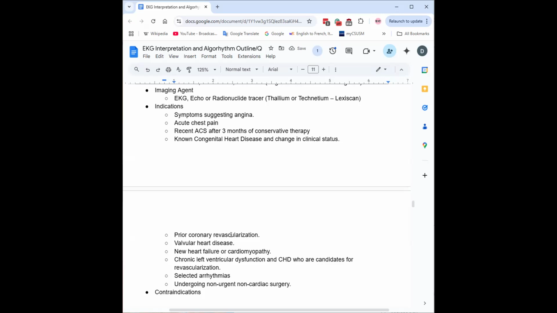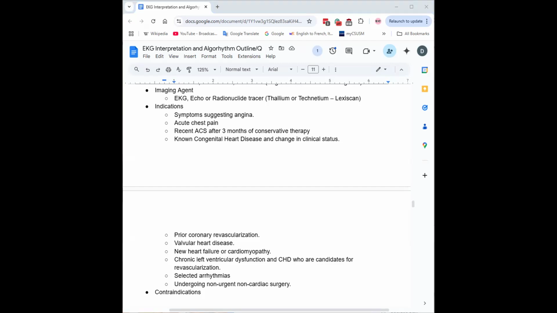Congenital heart disease. Pretty much if it's something heart stuff, that's how I think of it. If you want to see if the heart is working correctly, you could do a stress test. Basically, that's one of the indications. I guess the main thing is to consider